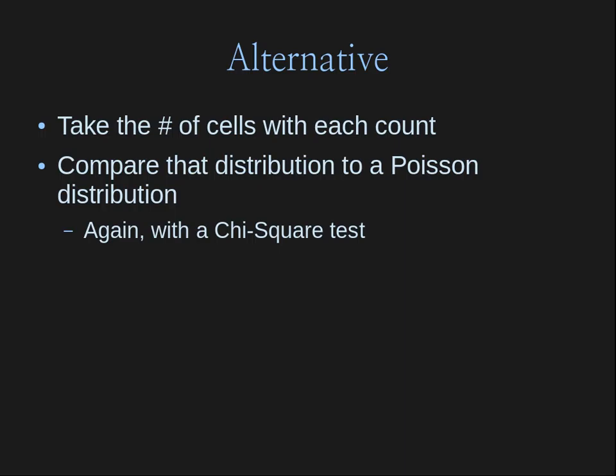I'm not going to get into why, but I'm just going to give this to you as something to accept for time's sake: if things are distributed randomly, the distribution of the number of cells that have a particular number of points in them should follow a Poisson distribution. And again, we can just compare it